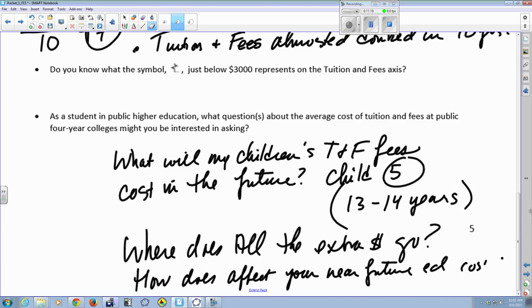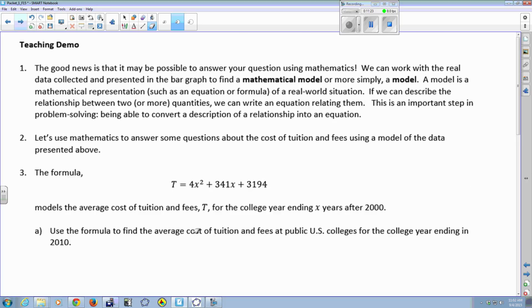And in order to answer these questions, we have to create, turn your page, a mathematical model. So who wants to read this for us? Any volunteers? It's not that hard. Okay, Joshua. The good news is that it may be possible to answer. I really like that. You said it with feeling. Go ahead, do it again so they can hear. That it may be possible to answer using mathematics. We can work with real recorded